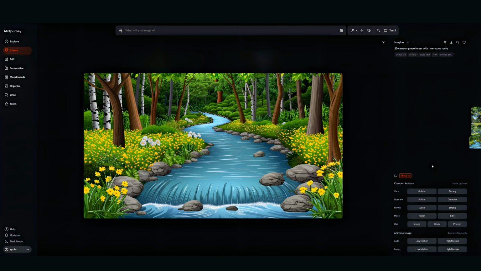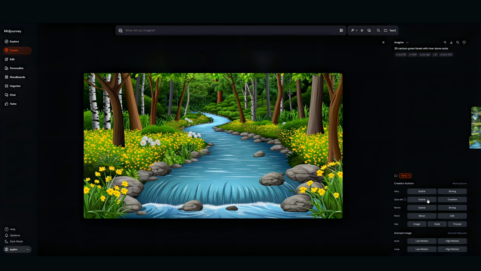It's more specific to the image. So you can tell it to vary it subtly or strong. You can take this exact image and tell it to make small changes, which, who knows, maybe the flowers will be a different color and that's it. But if you do strong, the flowers could be different colors, totally different trees. The river might change trajectory. It just depends. You're really giving it more liberties to do whatever it wants, right?